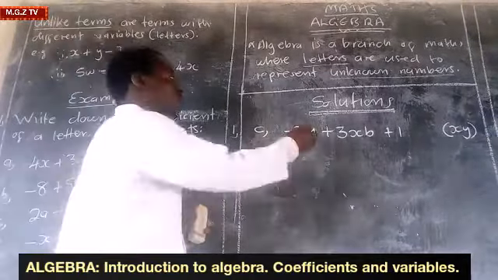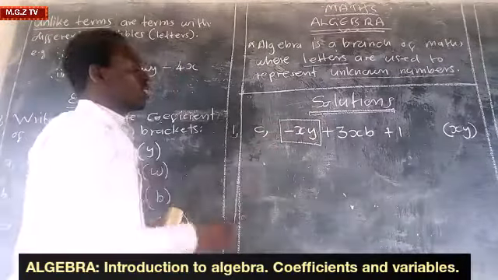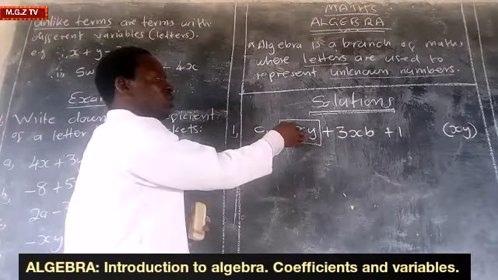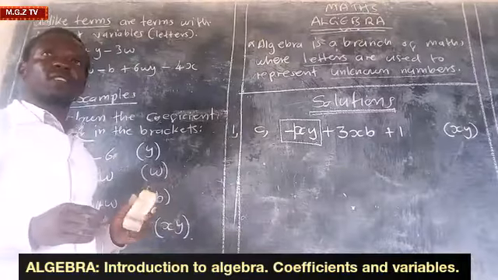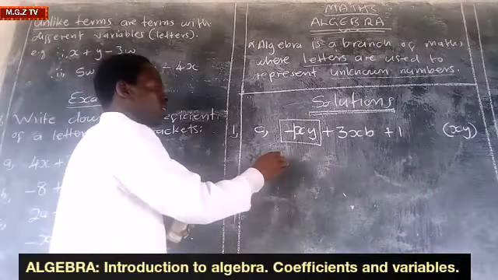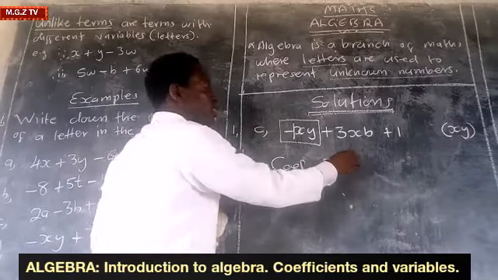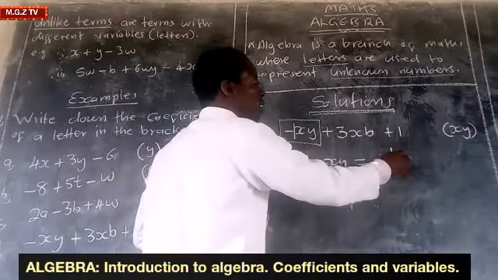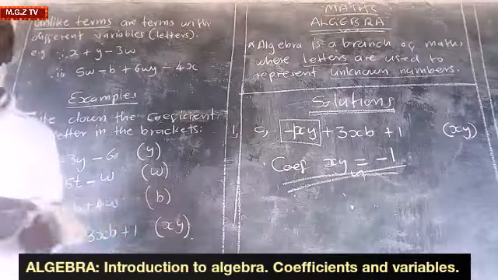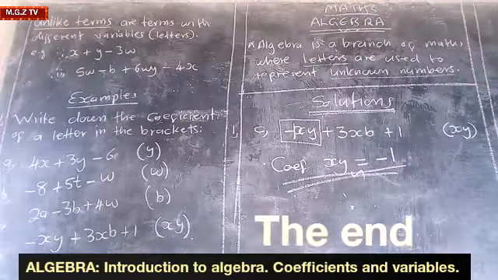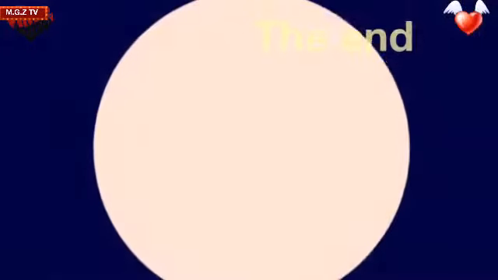So you go for the part that you are looking for. In this case, we have just a negative, no number, so indicate 1 place. Then from there, you say the coefficient of xy is equal to negative 1. You can see it. But next time,